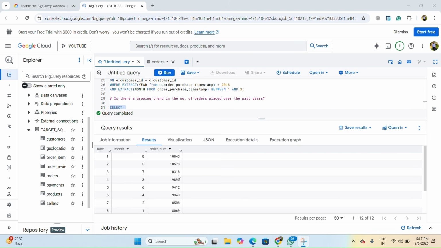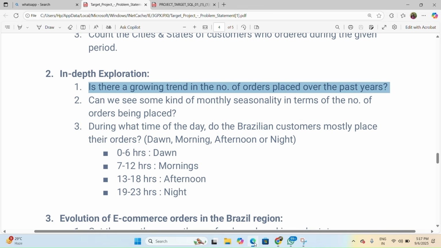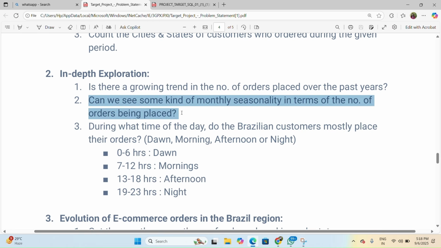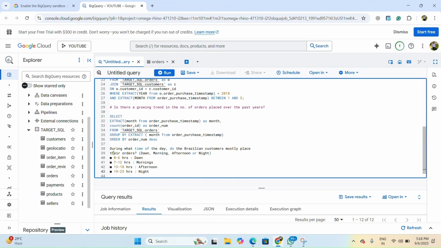So we can assume that the reason for this peak number of orders could be any kind of reason, could be national holidays or winter seasons. Now coming back to our analysis, the next in our pipeline is, can we see some kind of seasonality in terms of the number of orders being placed? Monthly seasonality is that the months of August and July are performing well. Now this is going to be my next question to be solved,